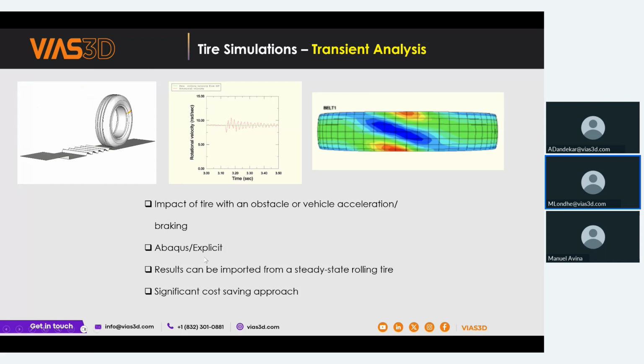One of the important challenges when you do Abaqus explicit is that the time step is very important. We have to keep the time step very small. So with such a time step, if you do the complete analysis, like rolling and transient analysis, then it will be very computationally costly. So in such an analysis, generally two steps are performed. In the first, the steady state rolling analysis I explained earlier is used, which is Abaqus standard, that is the implicit method, and in the second step we use Abaqus explicit, and the result from the steady state we can directly transfer to the explicit analysis. So this coupled approach is very cost effective.